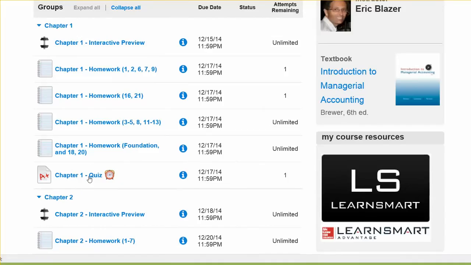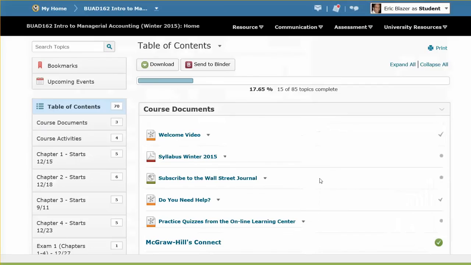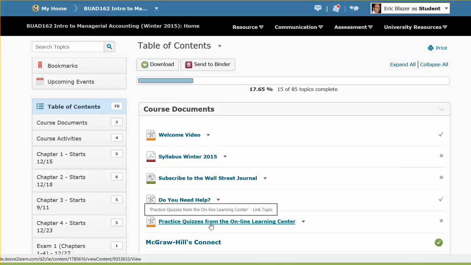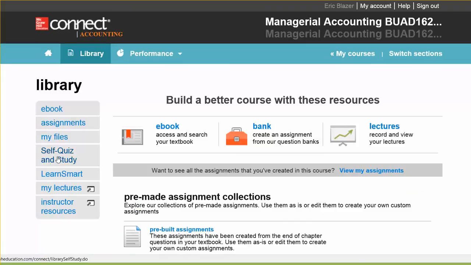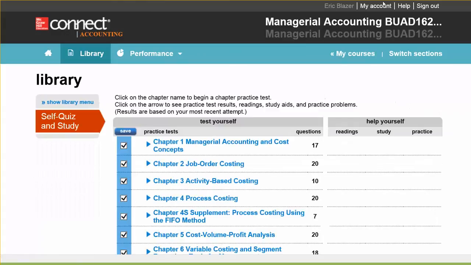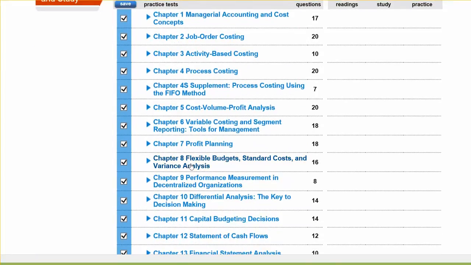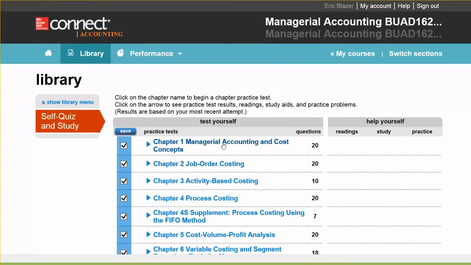The chapter quizzes are timed, and before taking the chapter quizzes, you may want to take a practice quiz. There are two places you can access practice quizzes. One is from the practice quiz link, the online learning center, and you can also take another set of practice quizzes through Connect itself. In Connect, you would click on the Library tab, and from here you'll see links to the ebook, but you'll also see a link for self-quiz and self-study. And here are the practice tests or practice quizzes for each one of the chapters. These are not graded, they don't garner you mastery points, but it's a good place to practice before you take